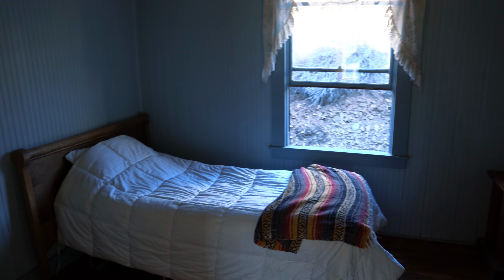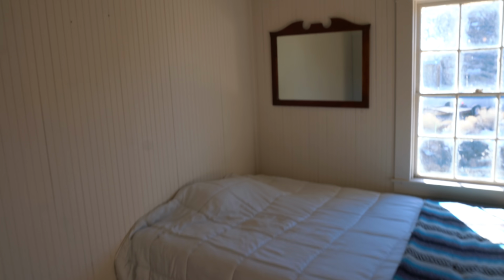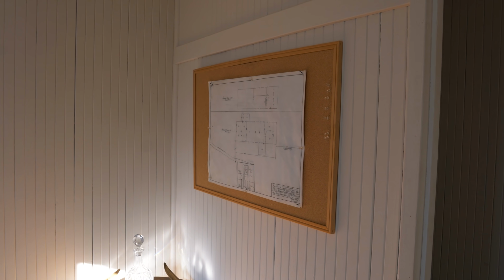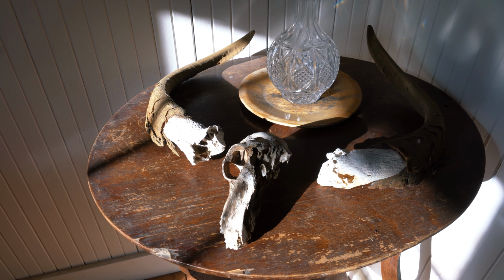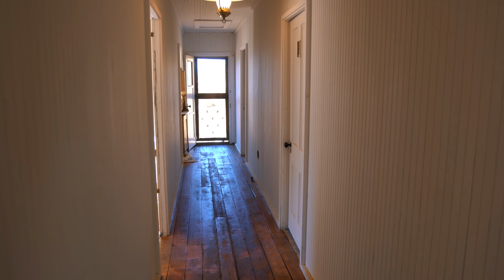Again, I had to use what I had as far as beds. If you were to take this room, ta-da! Again, basic furnishings, but pretty cool stuff. Original floor plans for the hotel. This is actually a sheep skull that was found here at Cerro Gordo, which is pretty awesome. All right, and if we continue down the hallway,